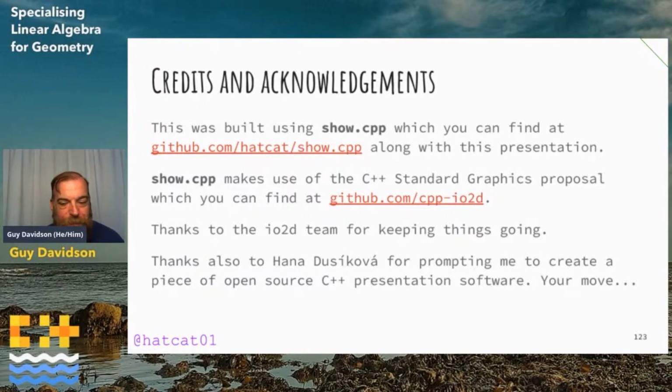Would this work with fixed precision numeric types such as CNL? Should do. All you need to do is ensure that you have the operations available to you for addition, subtraction, multiplication, and division. That's all that's required for geometry.